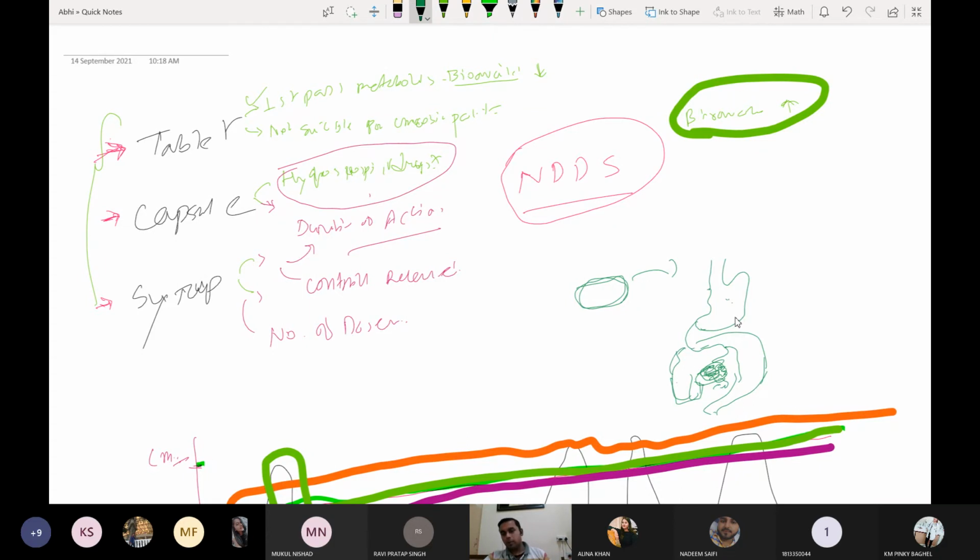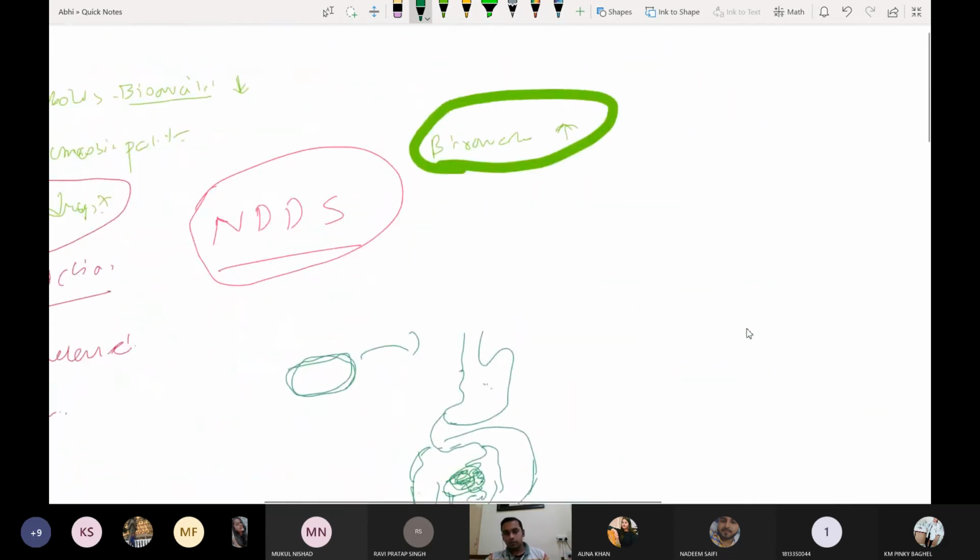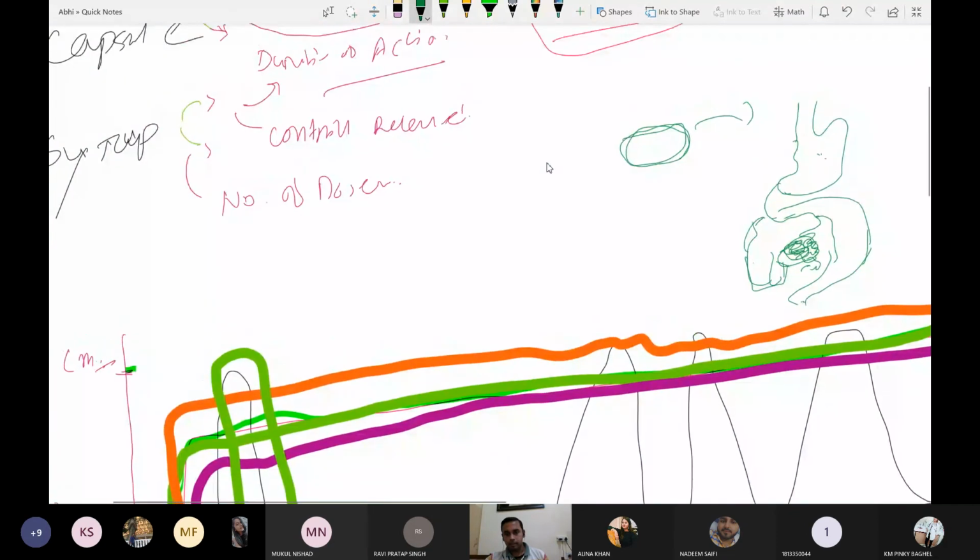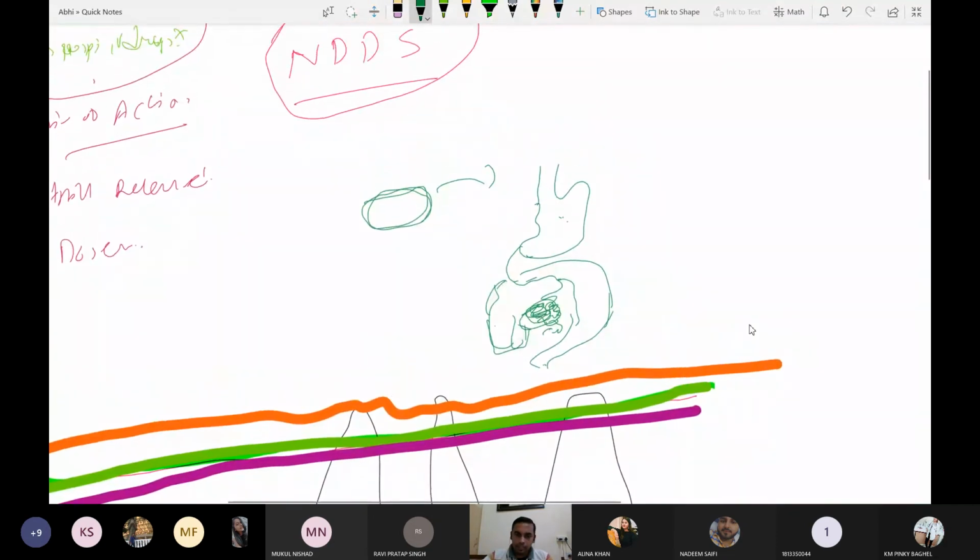मेरा handwriting खराब है, इसलिए I am sorry. So you know this stomach. Let me also zoom here. In this area, you have drug molecule. You have taken orally. यहाँ पे मैं बना देता हूँ तुम्हारा. You have taken orally. So when it has reached here in this area, यहाँ का environment कैसे? Is it acidic or basic, students? Stomach का environment